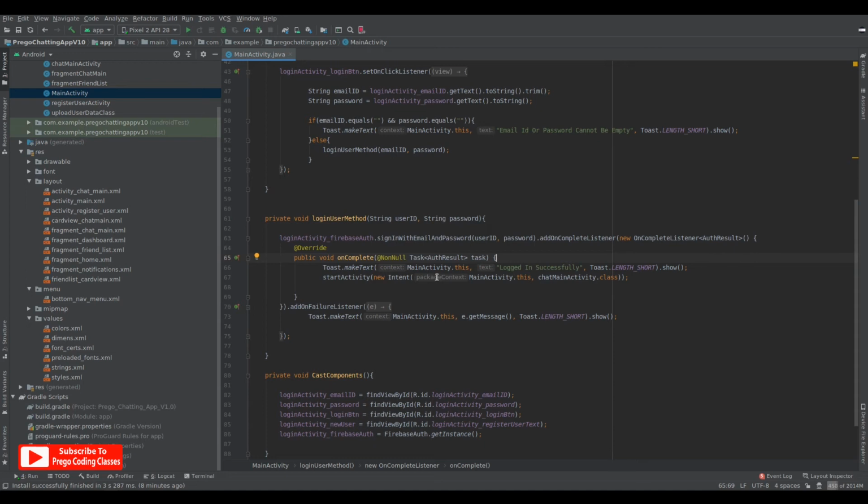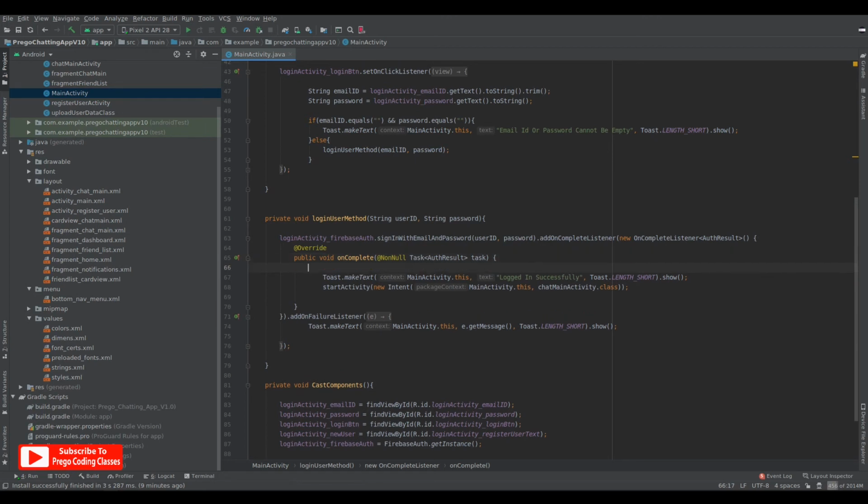Let's suppose you hit the login and the user starts logging in, so that moves on to the onComplete. So while the user is logging in, it starts the activity without even judging whether there's a failure or not. So after this bracket, we can check if the task is complete or not.